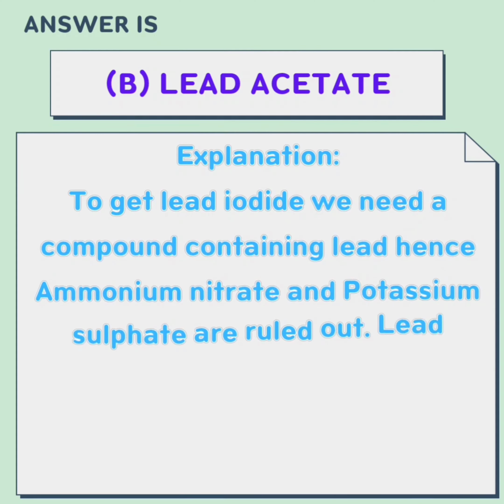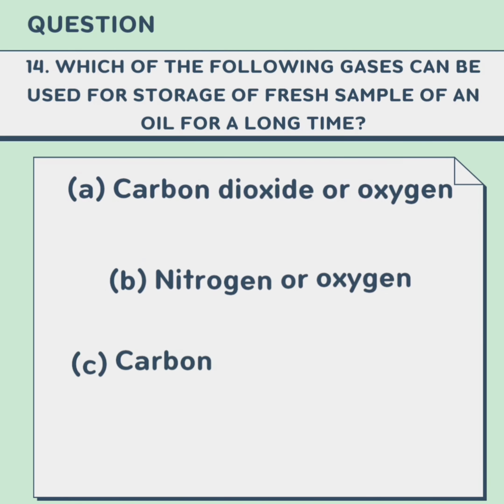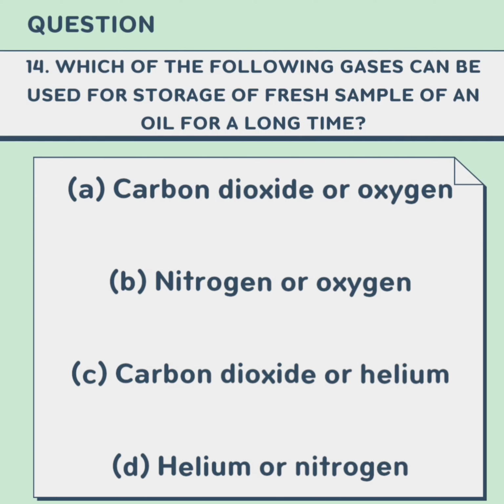Lead acetate. Explanation. To get lead iodide we need a compound containing lead, hence ammonium nitrate and potassium sulfate are ruled out. Lead sulfate is insoluble, hence it cannot be used, so the answer is B. Lead acetate. 14. Which of the following gases can be used for storage of fresh sample of an oil for